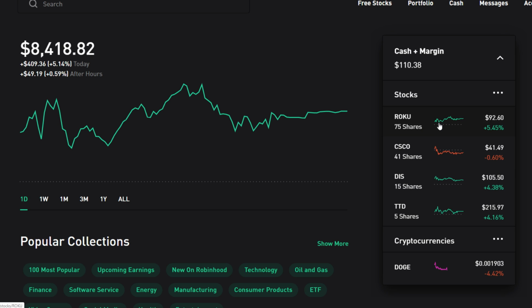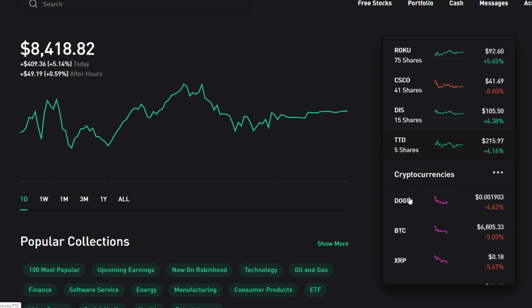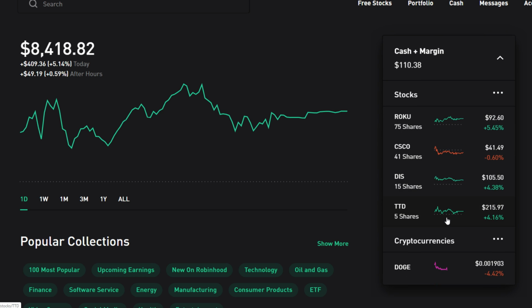Which Roku, definitely these 4. I love these 4. As far as long-term holds go, really everything that I buy is more of a long-term play, just because you're more likely to make $1, a couple dollars